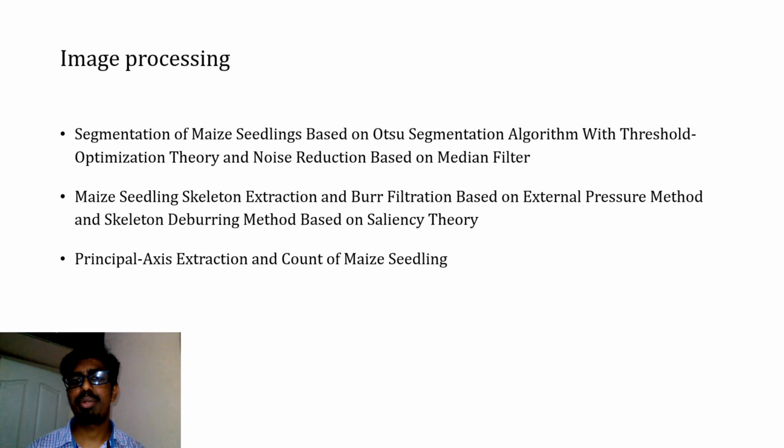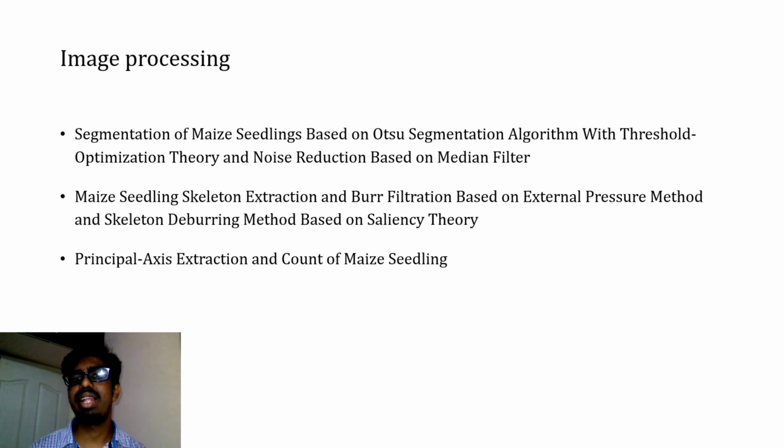After pre-processing, image processing techniques are used. They used the OPSU method based on threshold optimization theory to obtain the segmented image. Then the skeleton is computed for the segmented image. SDST will be used to remove skeleton burr. Then principal component analysis is applied to determine the principal axis. Then the angle between the principal axis and planting ridge is computed as the principal axis orientation. Then the number of Harris corners in the skeleton is computed to determine the number of maize seedlings in the image by using the relationship between the Harris corner and the number of seedlings.